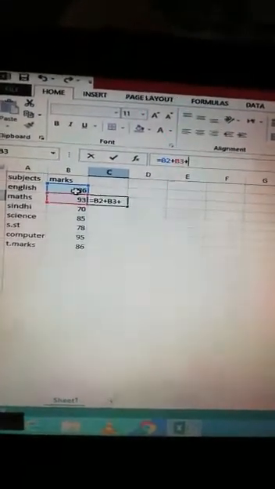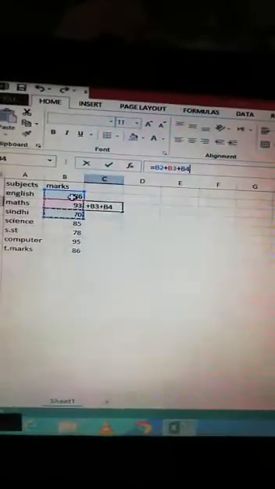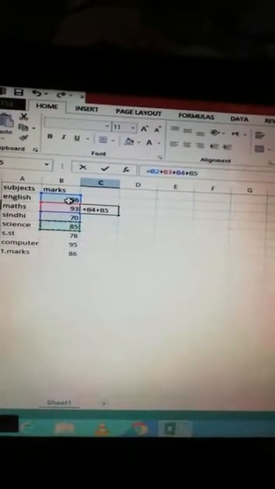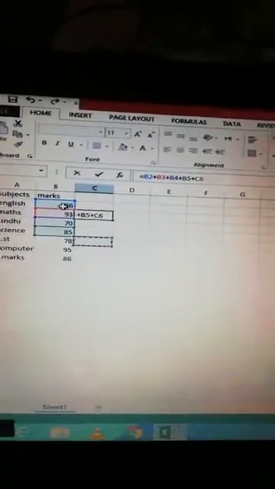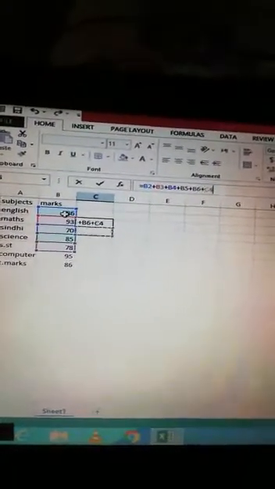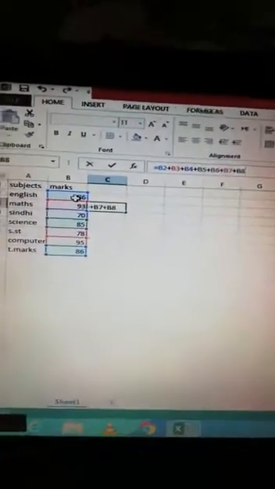Then again the plus sign, go down, B4, again the plus sign, B5 plus sign, B6 plus sign, B7 plus sign, and B8.